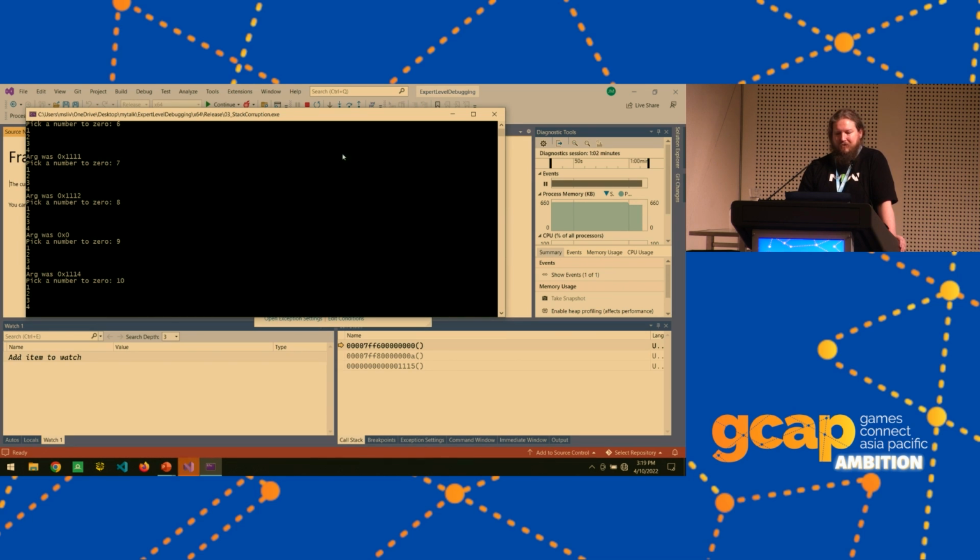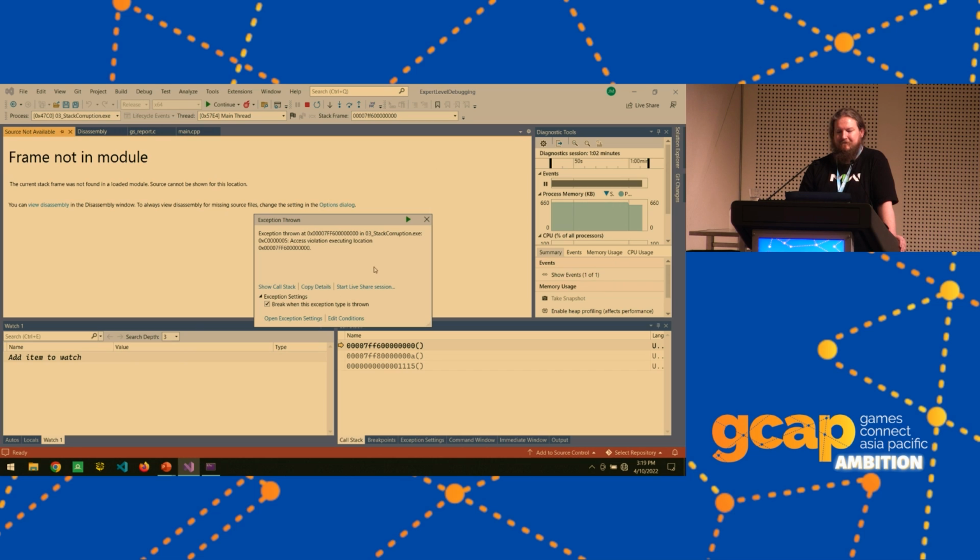And now we've properly crashed. So access violation, executing location 7FF6, bunch of zeros, a call stack there that's not giving us anything. What are we going to do? So